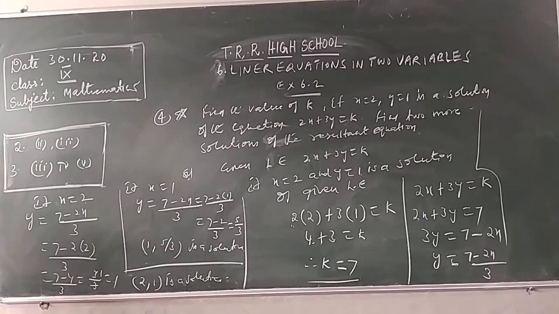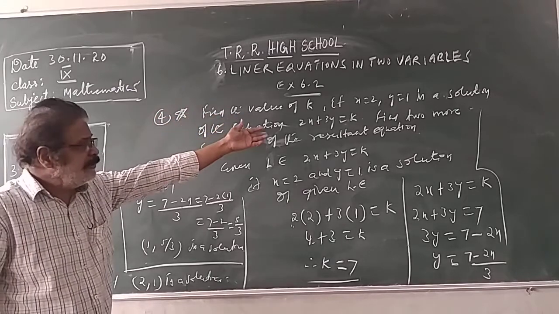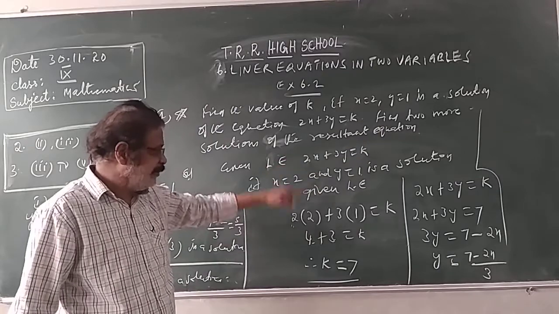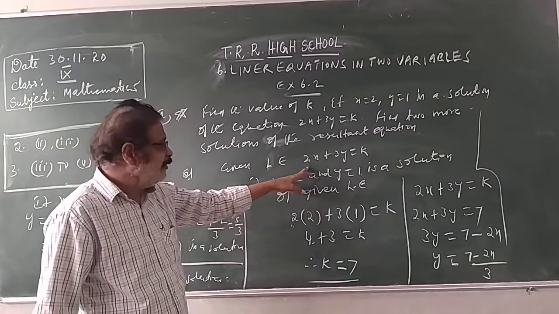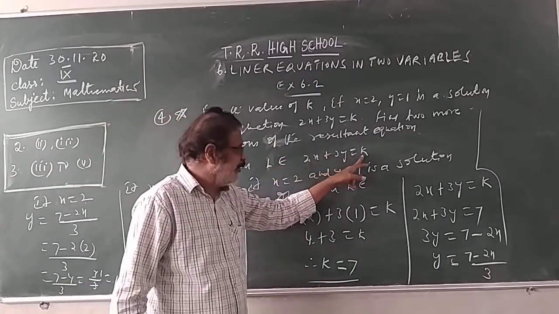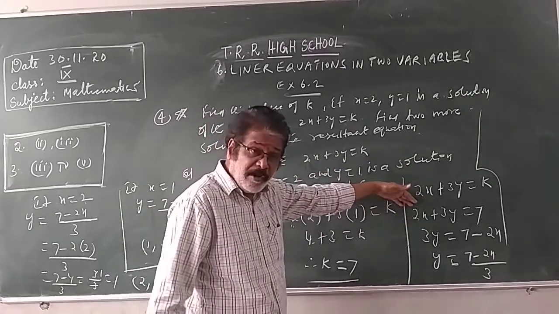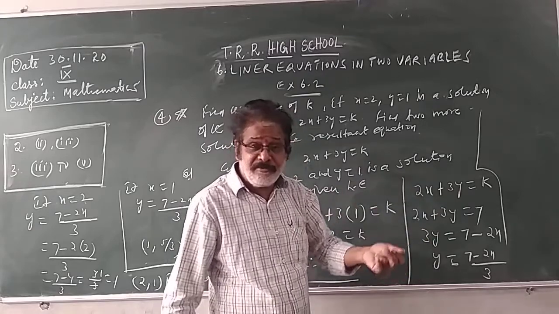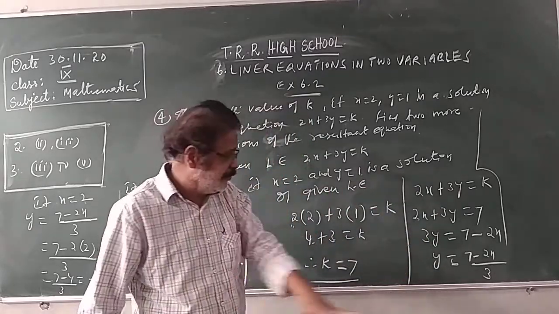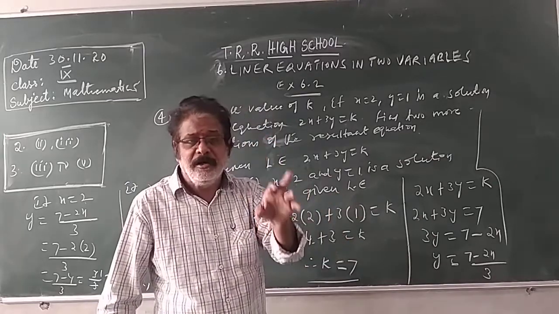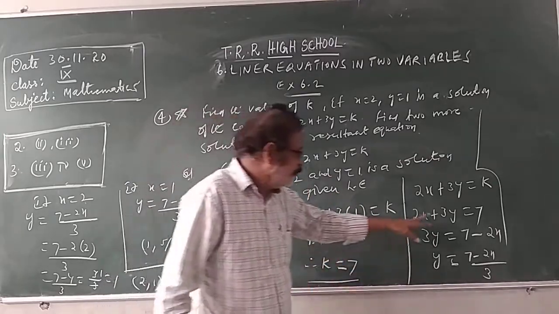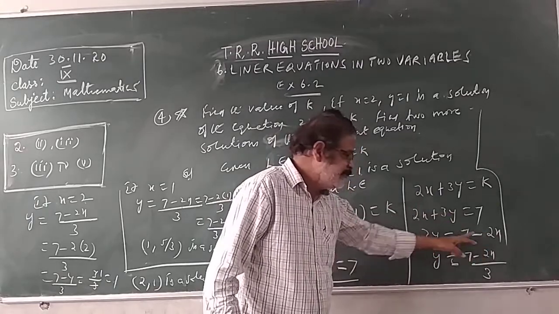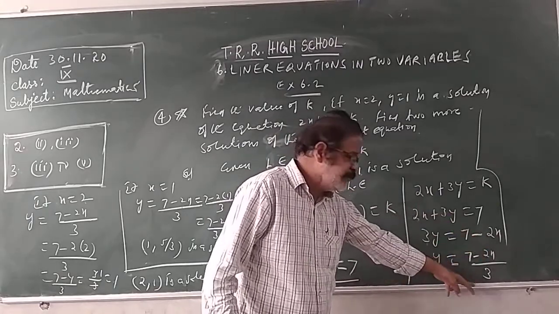I hope you clearly understood. Okay. Given equation is 2x plus 3y equal to k. If x is equal to 1, y is equal to 1 is the solution, substitute in this. We got the k value. The resultant equation is what? 2x plus 3y is equal to k. K value how much? 7. For this newly formed equation, for the resultant equation, also find out the solutions. To find the solutions, the equation should be written in the form of y is equal. It means the left side should keep only y. So 3y is equal to 7 plus 2x, right side minus 2x. 3y is equal to 7 minus 2x. Y is equal to 7 minus 2x by 3.